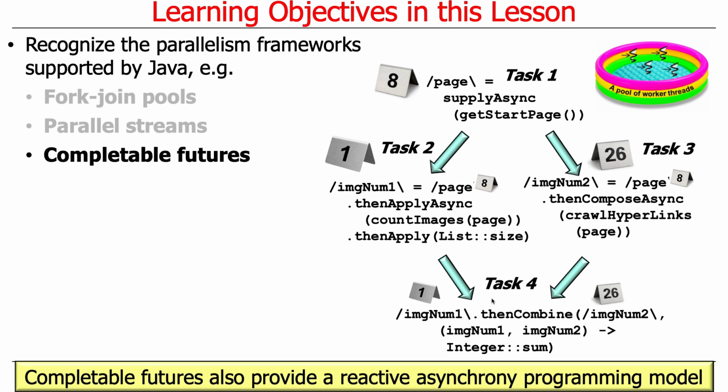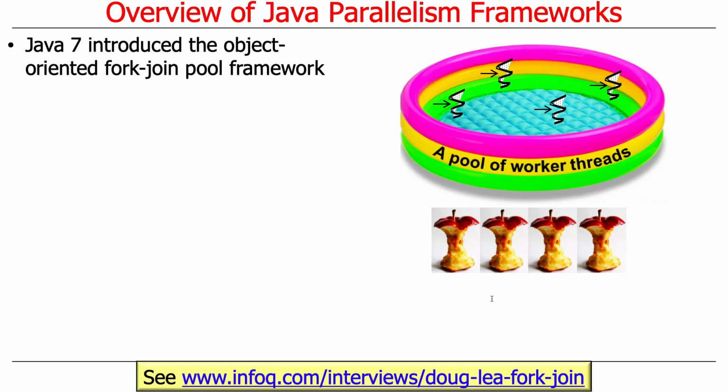So each of these approaches has something a little different and a little special that it adds, and they relate to each other in cool ways. So the fork join framework was introduced back in Java 7, which came out in the 2010 time frame. And there's an excellent interview with the person who developed the fork join framework, my buddy Doug Lea, who's an expert in object-oriented programming, functional programming, C++, Java, patterns, concurrency, parallel programming. Amazing guy, done a lot of cool stuff, wrote most of the code that's part of the Java util concurrent package, and has had a very deep influence on Java in general over the past 25 years.